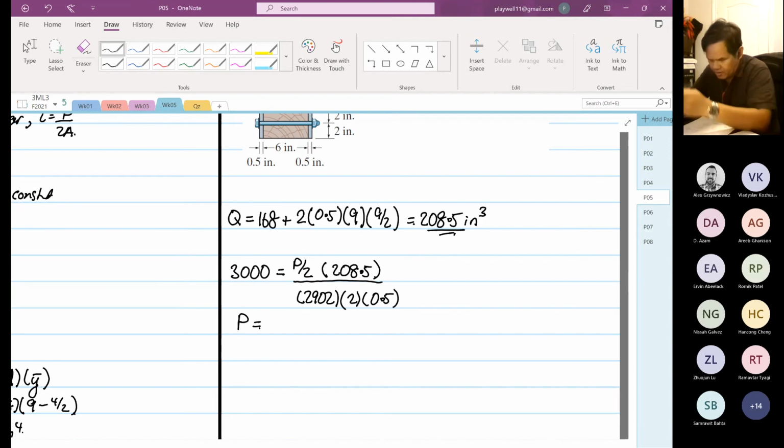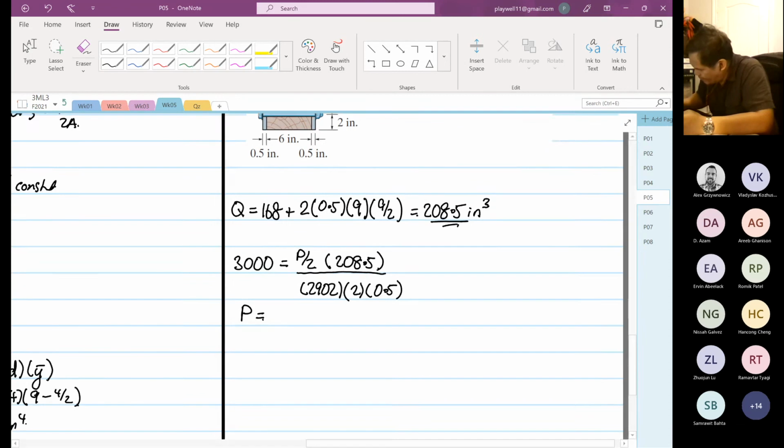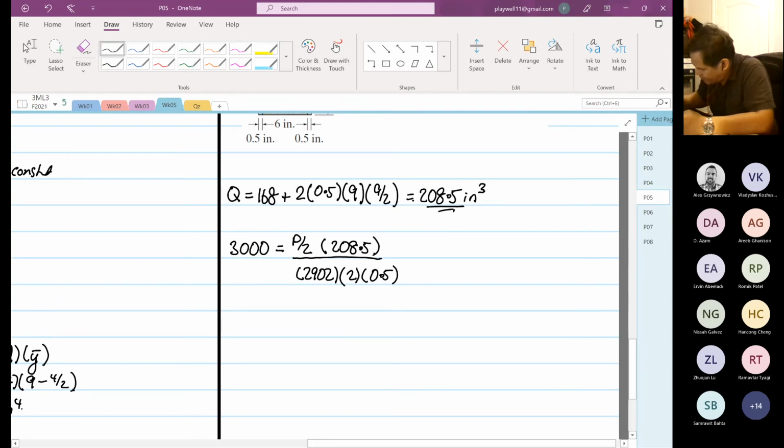I'm having a weird number, man. 3,000, 3 power 3, times 2902 times 1 divided by 208.5 divided by 2 is correct. Wait, 3 power 3 times 2902 divided by 208.5 is 41, or P over 2